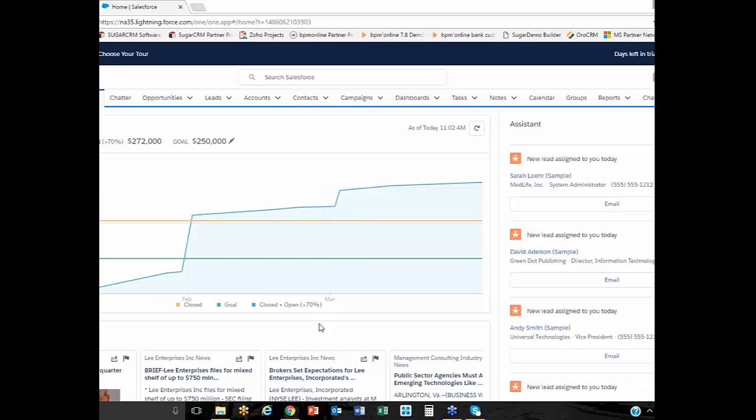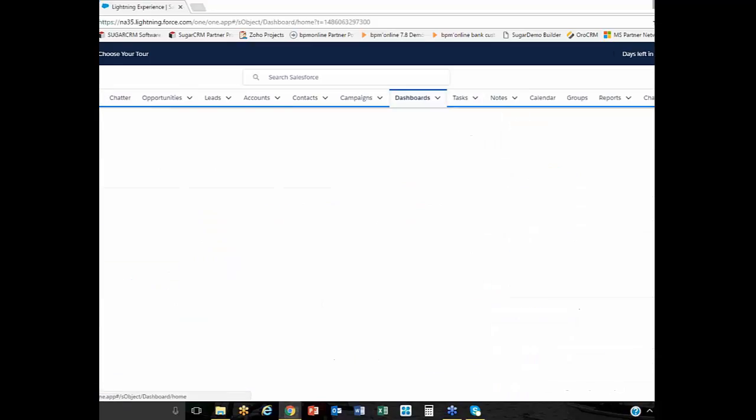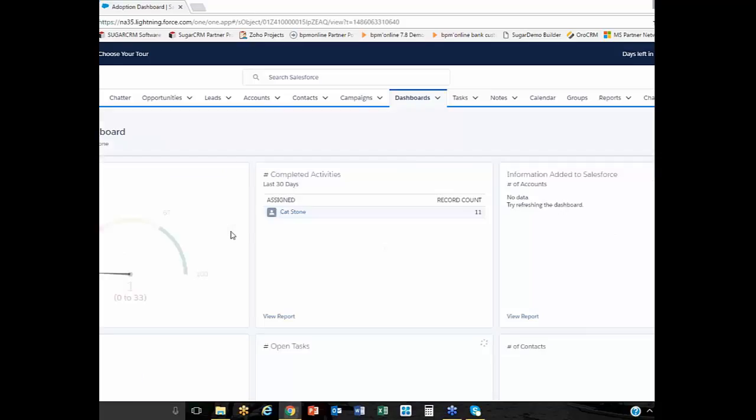If you look back to Kevin's demo of Sugar, you'll notice that there's also a navigation bar here, just like there is in Sugar, and there is a tab called Dashboards. Now, if we go to Dashboards, you'll notice that once the dashboard loads, there's a whole series of different dashboards that can be configured and then deployed to the entire team. I'm going to open this adoption dashboard here, and just like in Sugar, we've got dashlets. But unlike the home tab, which is controlled more by the administrators, the dashboards here are available to edit and to modify on the fly.